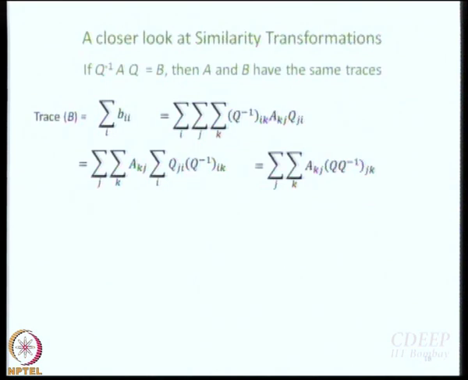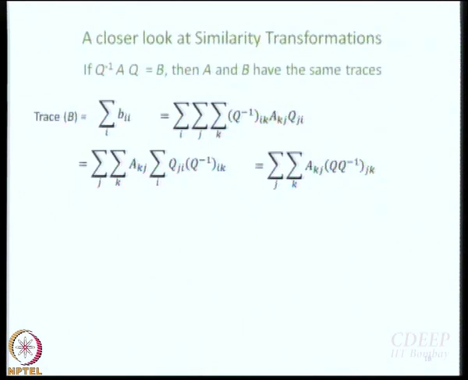Can I combine this as Q inverse JK? I am multiplying Q with Q inverse. Not only that, I am multiplying this QJI with Q inverse IK. So what I get is that once again it is as if the second subscript of the first and the first subscript of the second cancel. They do not actually cancel, but it is easy to remember that way. So when you multiply them together, you can write Q inverse and the subscripts are going to be JK.